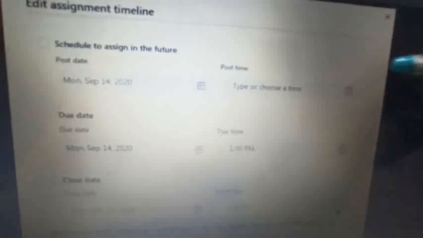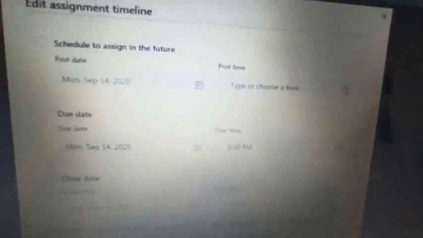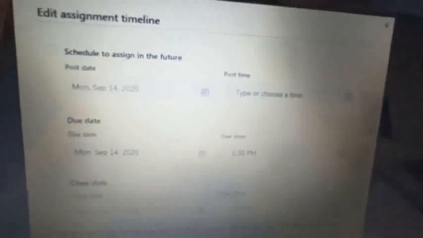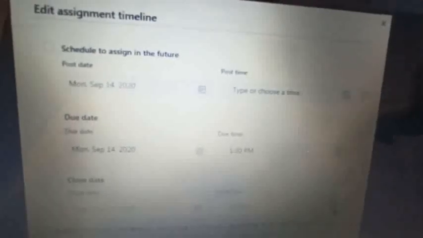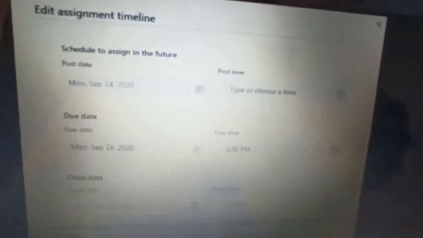Now a few more instructions regarding the post time. Suppose your exam is of 1 hour starting from 7:30 in the morning. So take the post time at least 10 minutes or 5 minutes before. Suppose you have given any pictures or videos or images, if you are uploading, it takes time to get uploaded on all the appliances like the mobiles children have or the desktops. So it takes time. So at least 5 minutes before you give here, right? 5 minutes extra you give.